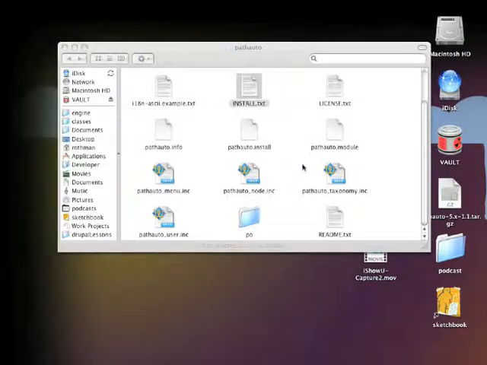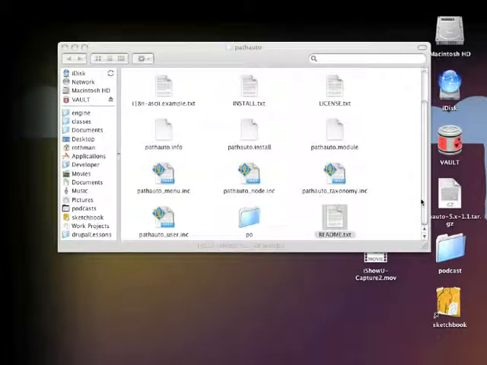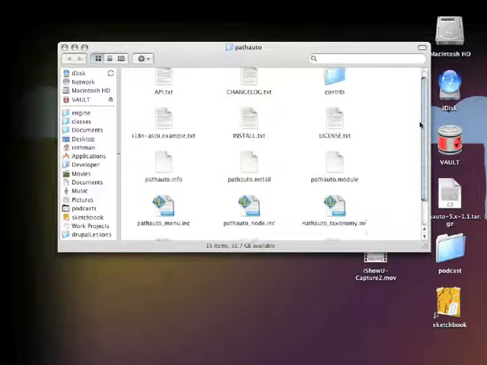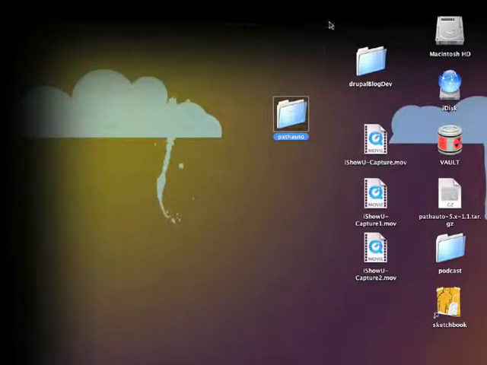I would advise you to really read the install and the README files before you install any modules to Drupal. Installing a module can be risky. It's generally pretty safe, but if it creates some tables and you don't follow the instructions, you could totally corrupt your Drupal installation. I've tested this module before, so I know it's going to work okay. I'm not going to show you how to back your site up in this tutorial, but I will in a future tutorial. So to install this, we just have to go to our Drupal installation